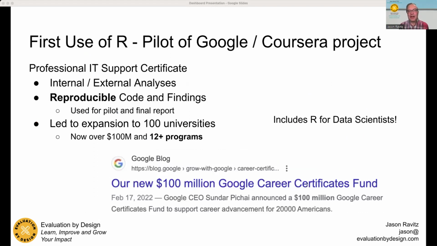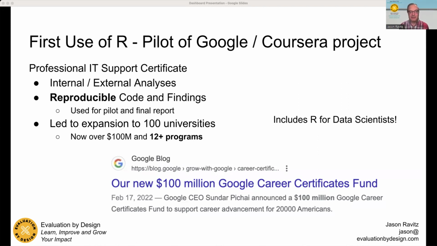So my first R project was leading research for the Google Coursera Professional IT Certificate Program. I had a colleague at Coursera who had only ever used R, and we wrote code together to provide independent analysis and verify findings at our respective companies. So this is a key point, the reproducibility of the findings.